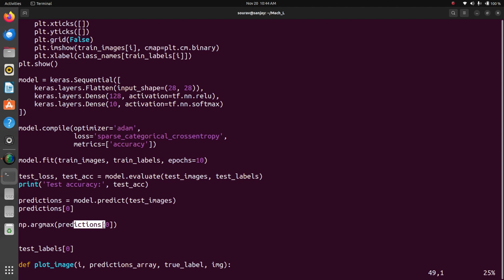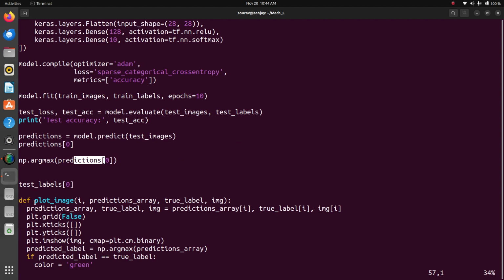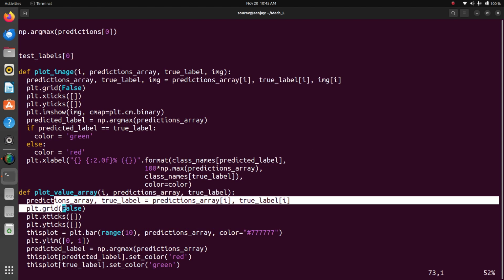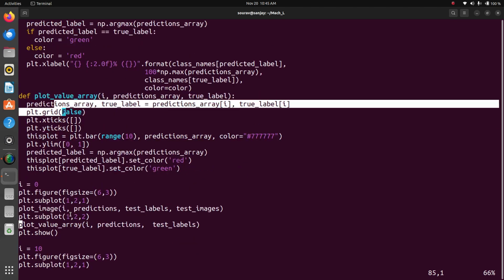Then prediction. The next statement plots an image, in the sense of the prediction, we can say ankle boot. Then this is another image, histogram of another image, that is coat.